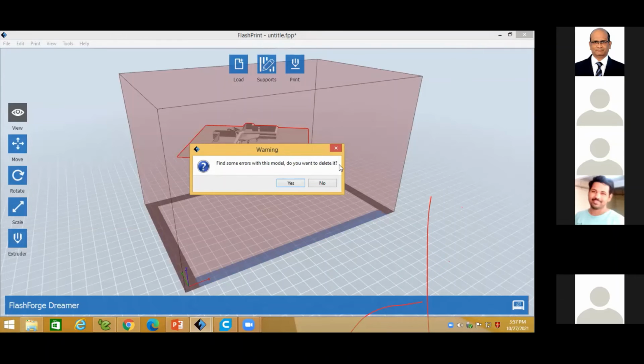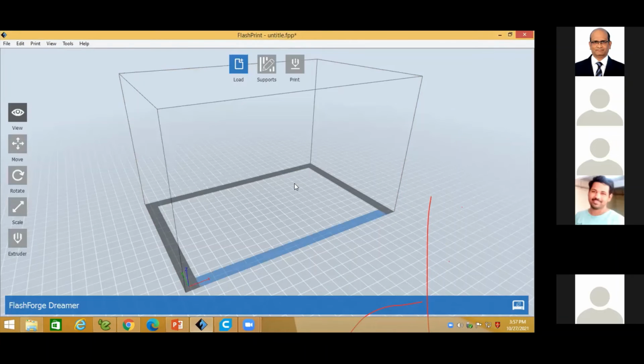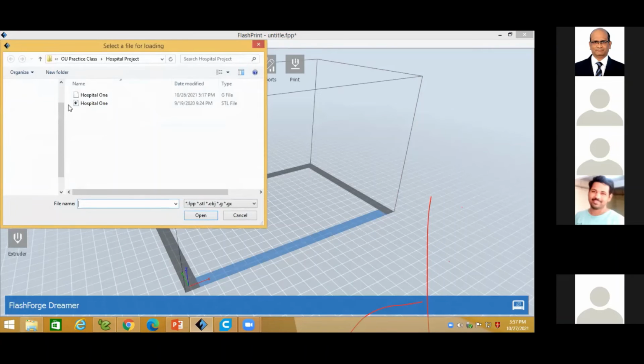Do you want to delete it? If I'm deleting, now you can see the total model is collapsed here. That means some errors are there. Suppose I'm loading the same file,